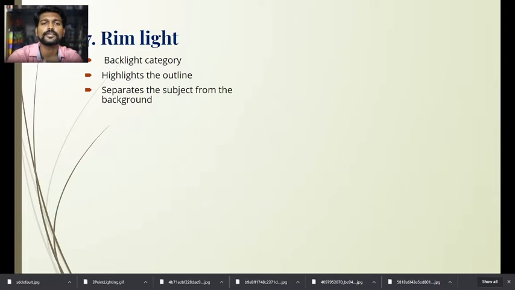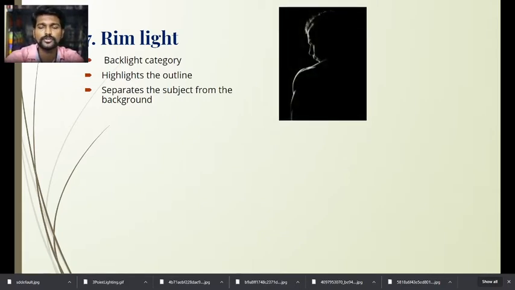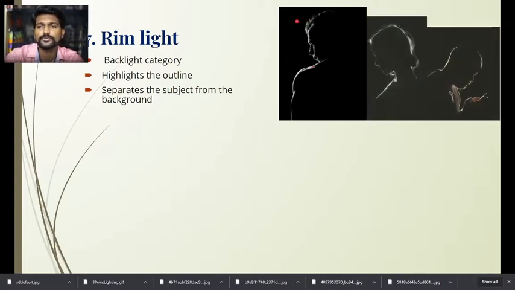It is also in the backlight category, but there is a difference between backlight and rim light: backlight is like filling the subject. So for this rim light, I show you some example images, you can understand. Okay, this is called rim light, whereas it highlights the outline. So you can see this, only the light is showing the outline of the subject, and it separates the subject from the background.